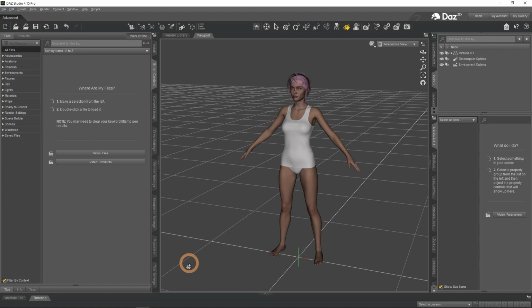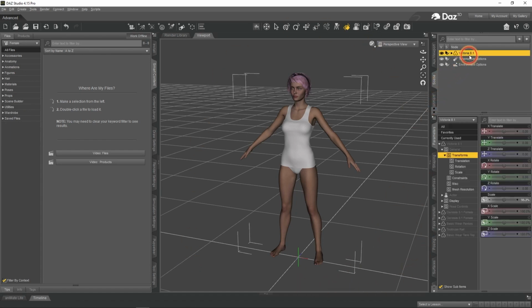Animation is a very important part of learning 3D design. It allows your characters to come to life by moving around. In this video we will see how to animate in DAZ Studio, what ways of posing there are, how to render animation and so on. For this video I will be using this character, a Victoria 8.1 figure. Let's start with the interface.